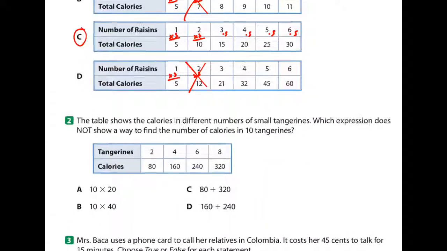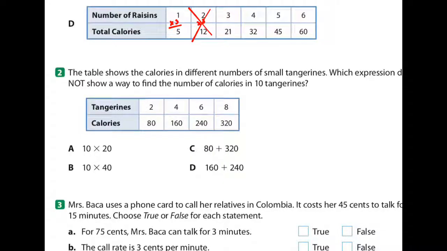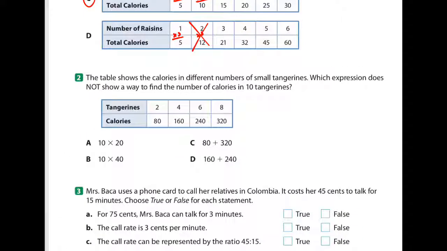Okay, number 2. The table shows the calories in different numbers of small tangerines. Which expression does not, I hate these, the does not ones, show a way to find the number of calories in 10 tangerines? The reason I hate these is because 3 of the answers do find the calories in 10 tangerines. 1 of them does not. Now, you know what I'm going to do to solve this one? I'm actually going to find the calories in 10 tangerines. So I'm going to add on